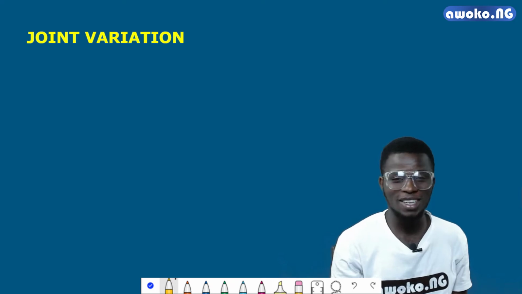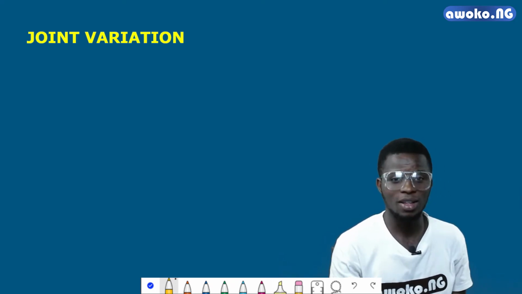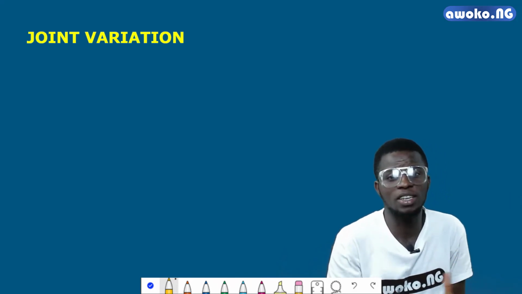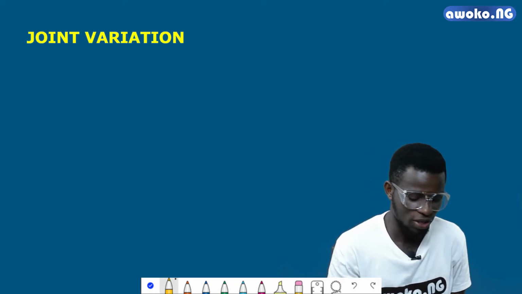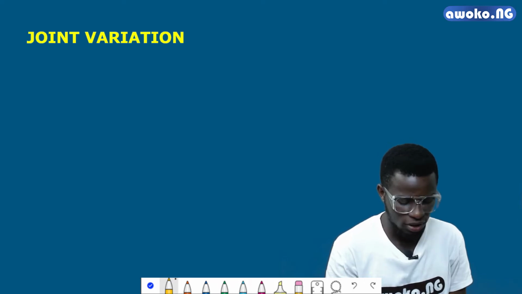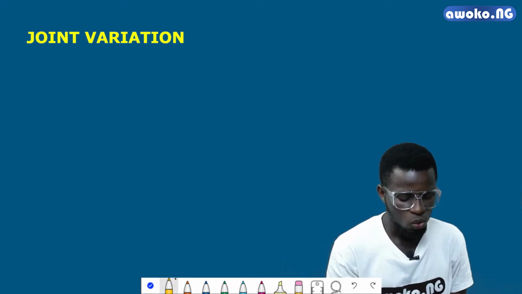Our focus for this class is joint variation, as you can see on the screen. What then is joint variation? Let me give an illustration so that you will understand what joint variation is all about. When the value of a quantity is proportional to two or more quantities, we say that a